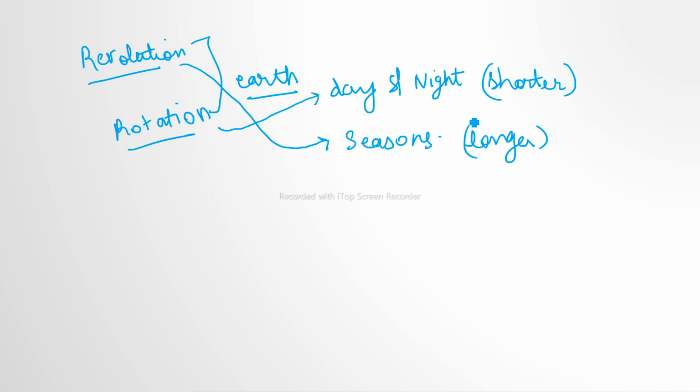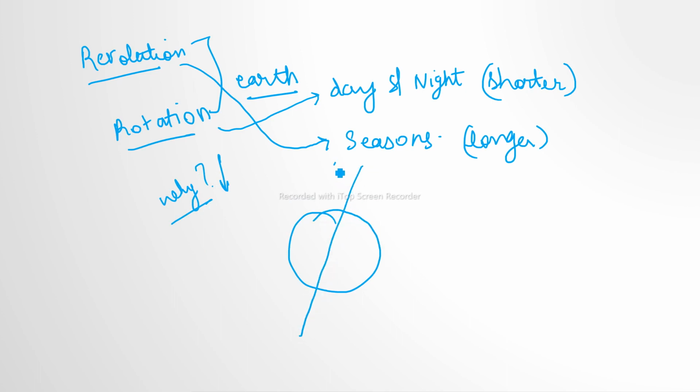Now, this is something we have learned from our childhood days, but the question is why a particular rotation and revolution is happening. Our earth has an axis, and the axis is not perpendicular in this way, rather it is tilted at an angle. And what is this angle? This angle is 23.5 degrees. It is the angle at which the earth is tilted, and this is what is causing these phenomena.